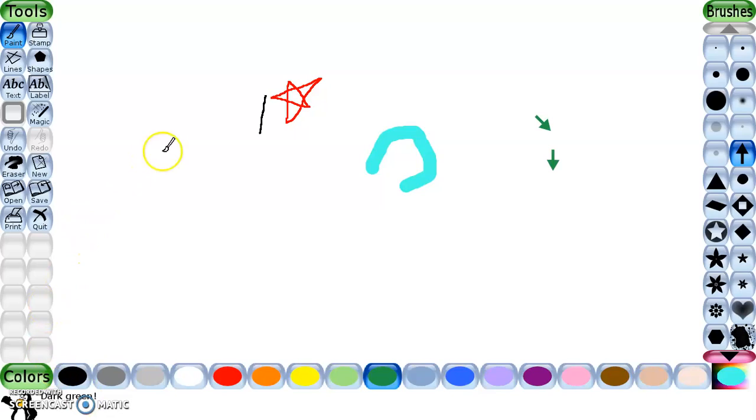Drawing tools. Here are different drawing tools. First of all, I will select the first tool, that is paint. The paint tool lets you draw stars, arrows and also freehand. Okay, if I want to draw the arrow, I will select this. This is the paint tool and these are the options of the paint tool. Okay, I will change the color. I want to draw the star.